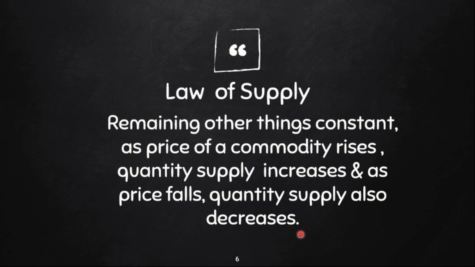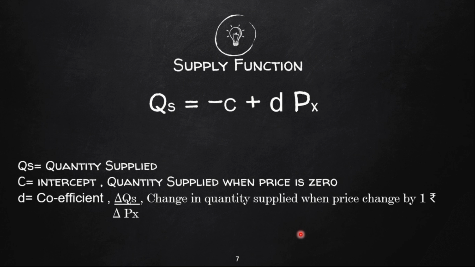The relationship between price and quantity supplied is expressed by a simple linear supply function. Here we have Qs = -c + dPx, where Qs is the quantity supplied, c is the parameter which tells what the quantity supplied is when the price is 0, and d is the parameter or coefficient of the supply function which tells the change in the quantity supplied when the price is changed by